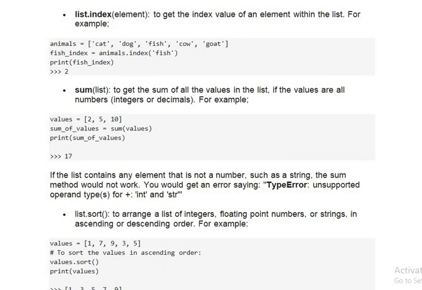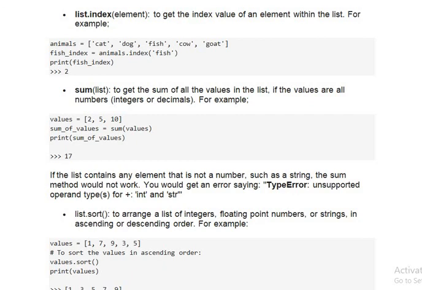Now look at this index. To get the index value of any element within the list, I want to find the index value of fish in the list animals. So animals dot index within brackets the concerned element or item.